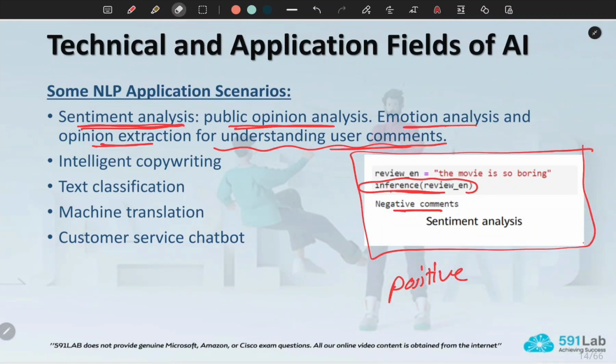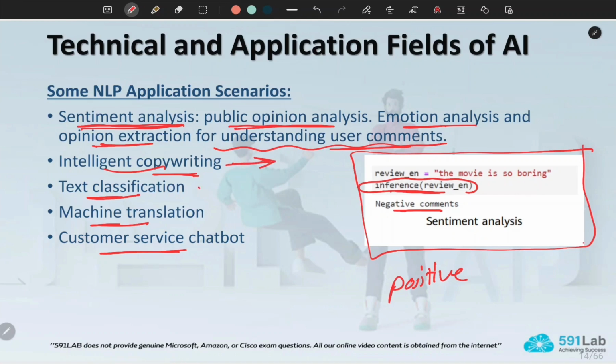Other applications are also intelligent copywriting, text classification, machine translation, and customer service chatbot. Intelligent copywriting is about using AI, and generative AI especially, for writing articles and journals for any use you want. So it uses the AI to write about topics and articles.